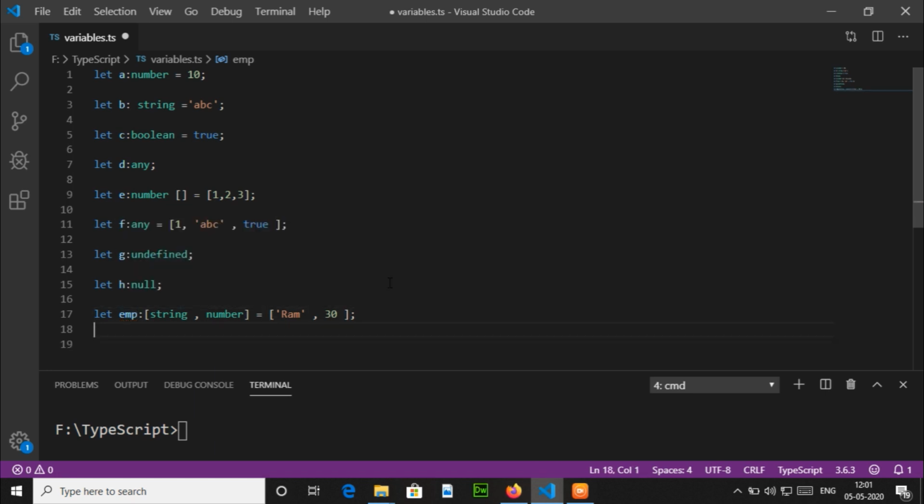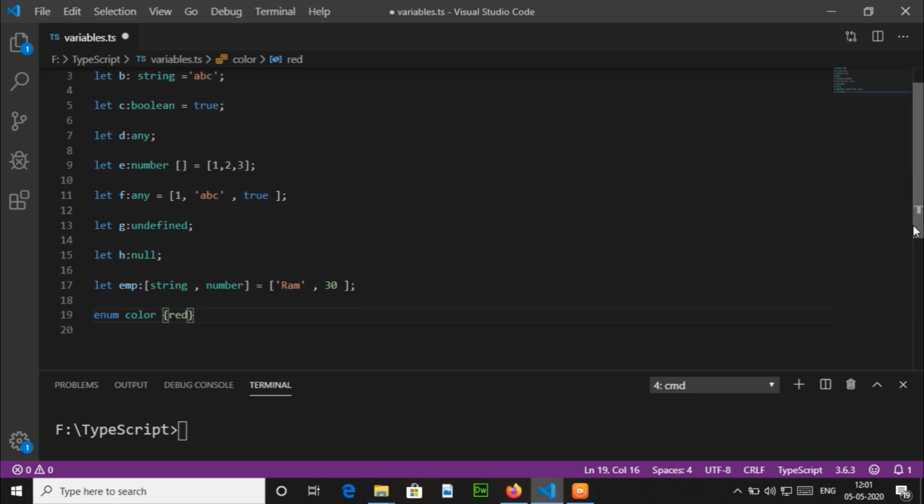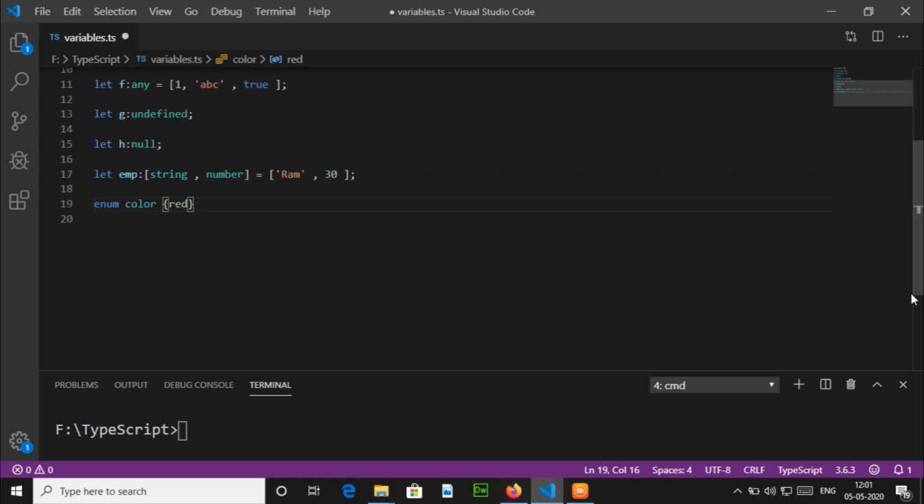We have enum. We can put all the related constants in the enum. We can declare an enum like this, giving the name as Color and the values in the curly braces: Orange, Yellow, Green. Then we can declare a variable to see the values. In enum,